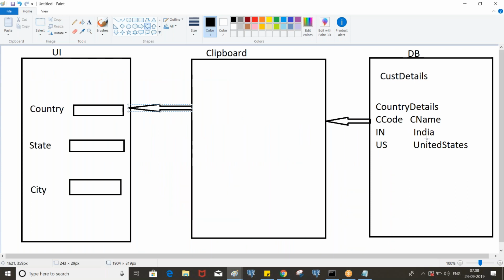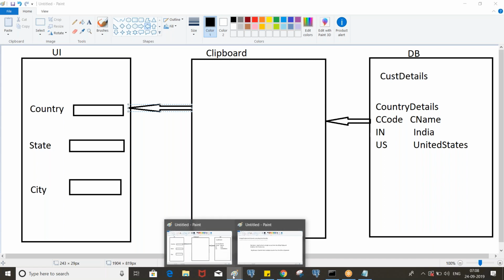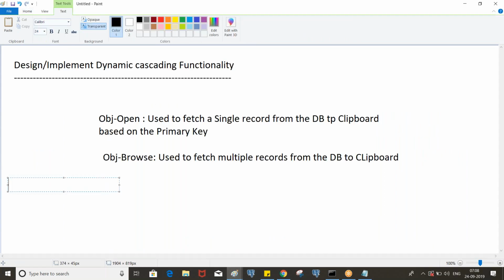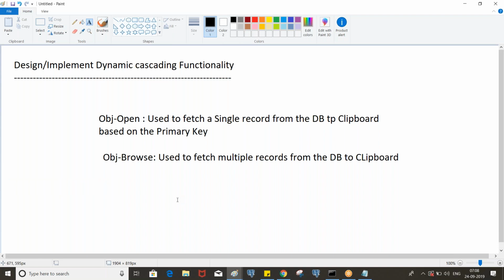Now first we need to create these data classes, and we'll fetch the data to the clipboard and map it. So now note down step by step. The first step is, this is clear, right? So I'm removing this.